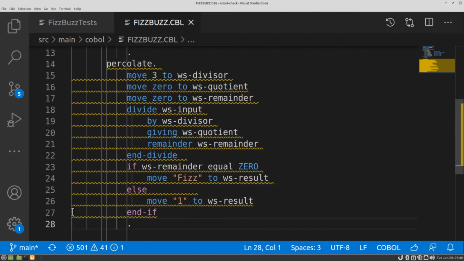To save time, we'll use the VS Code extension to copy and paste code. Those yellow squiggly lines indicate this is unreachable code. The program does a go back immediately at the start of the procedure division. At this point, the only way to run a paragraph is via the test runner. That's okay for now. But I'm going to disable the IBM Open Editor for Z extension so we won't see it complaining about unreachable code.